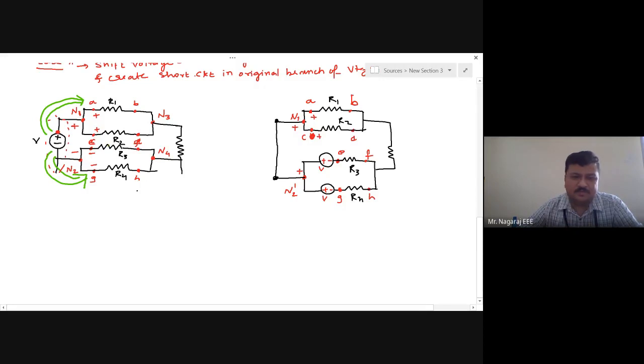Now, please think that I ask you to take the equivalent circuit of this circuit. What will you do? How will you get the equivalent circuit? One is source transformation. Now this is the only circuit I have. So for example, I have this circuit. I will take it out.